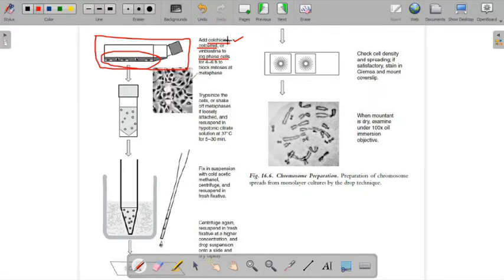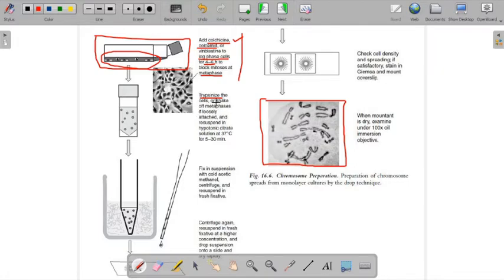We need to add this colchicine or colcemid for up to 4 to 6 hours so that the cells will be arrested in the metaphase at the mitosis stage, and so we can get the proper structure of chromosomes like this. After the addition of colchicine, we go ahead with the trypsinization. You all know that trypsin is a protease enzyme which helps in disintegrating cells into single cells, and we can form suspension cultures out of this adherent cell culture.